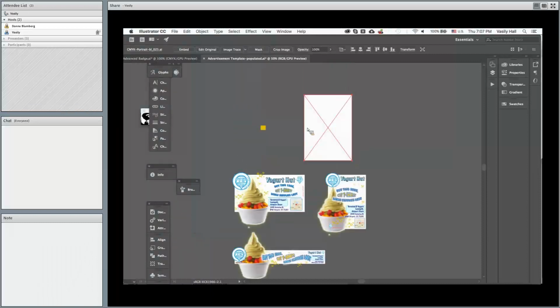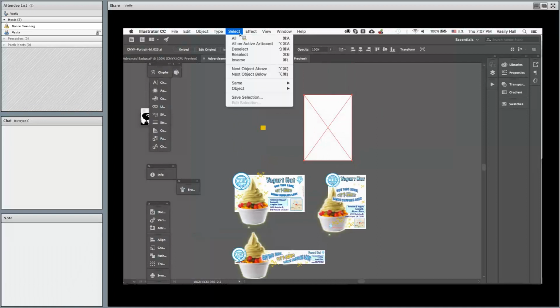Now the artboard jumps to there, and what's really cool is there's also another command inside of this select menu item which says select all on active artboard. So in this way, if you can select with notes some kind of object there,